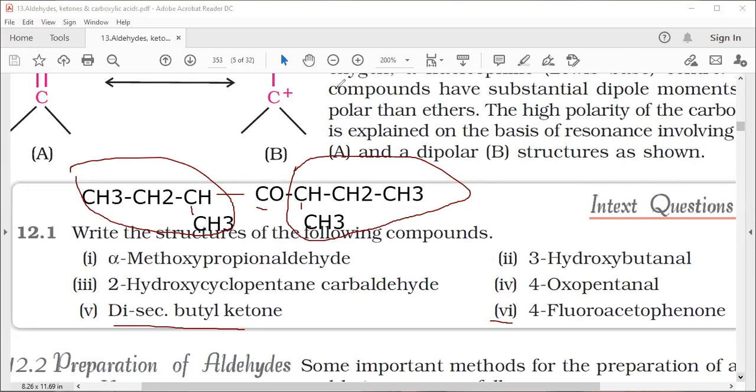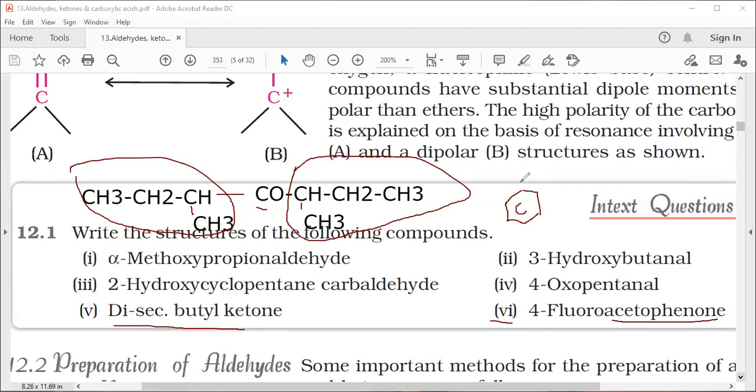What is the formula of acetophenone? Quick. What is the formula of acetophenone? Benzene with COCH3 and OH. Wrong. What is formula of acetophenone only? Benzene ring and COCH3 only. Yes, sir. Benzene ring and COCH3 only. So first here we write benzene